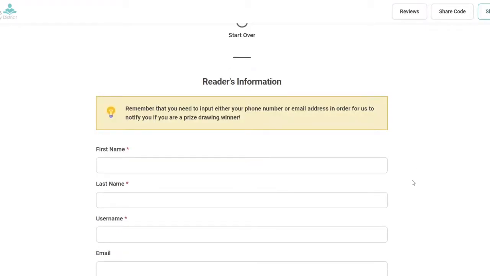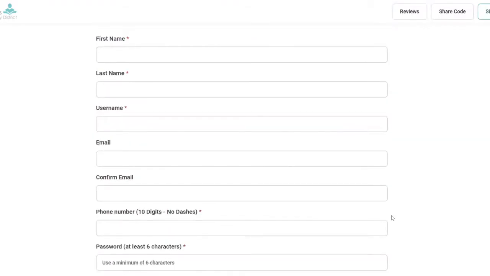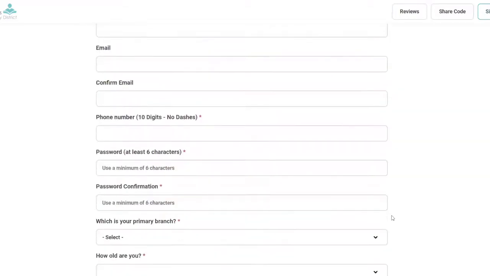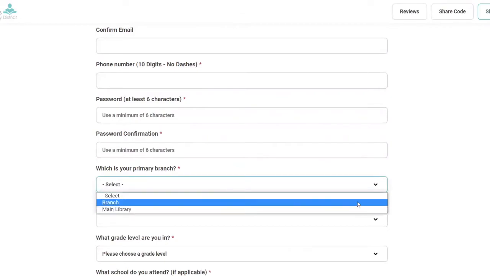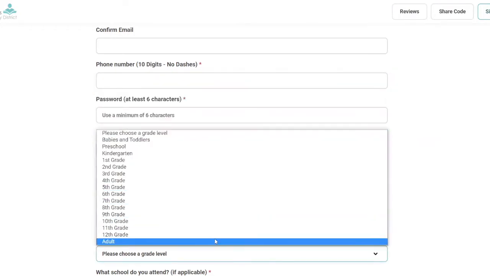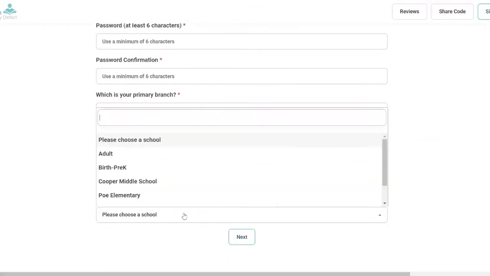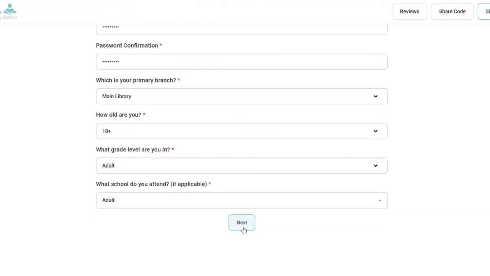So first name, last name, create a username for yourself, enter email and phone number, create a password that's at least 6 characters in length, select your branch, either the main library or the Prospect Heights branch, enter your age, grade level, which would be adult, and school, which would also be adult. Click Next,